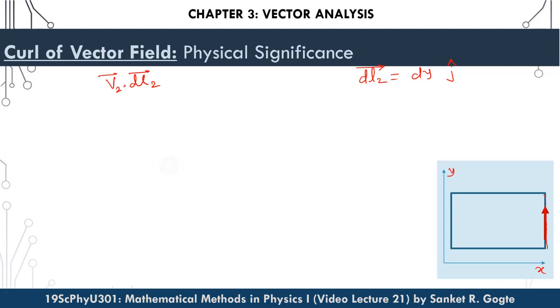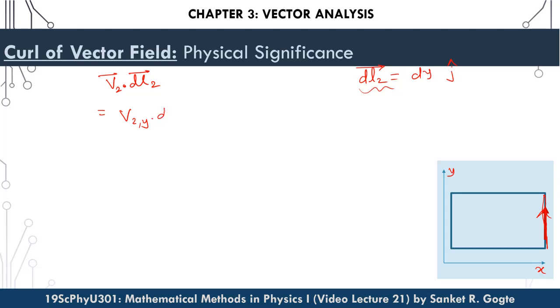When we calculate this dot product now, we have to only worry about the y component of the vector, because x and z components won't contribute to the dot product, because dl2 has 0 x and z component. Therefore this is equal to v2y, which is y component of the vector along this infinitesimally small line segment,